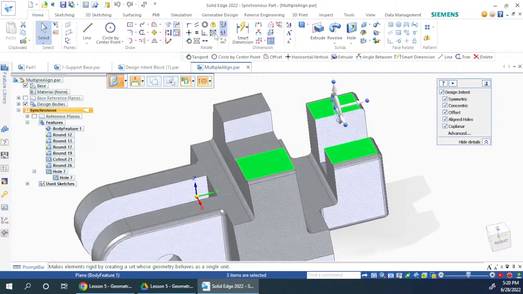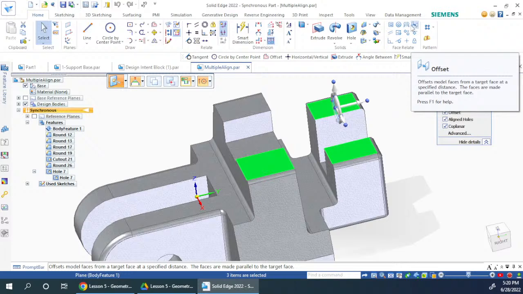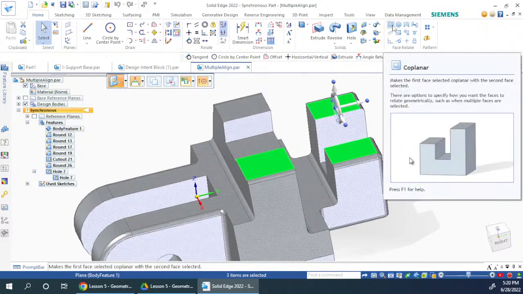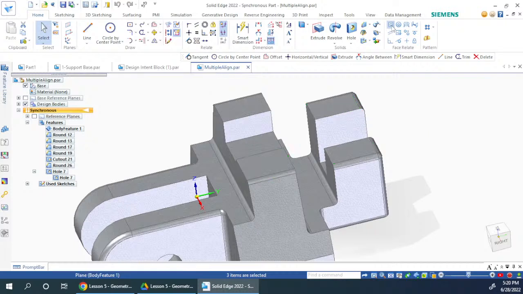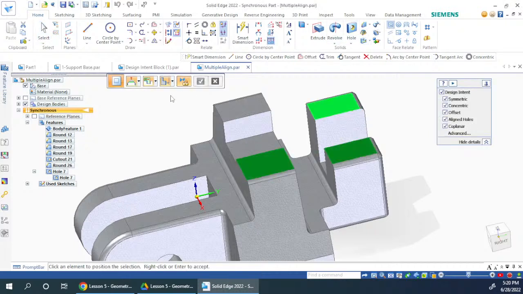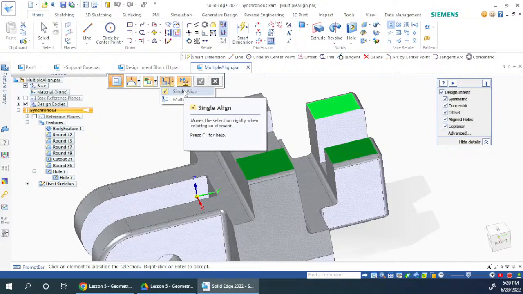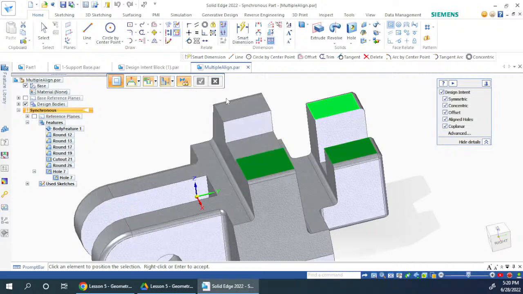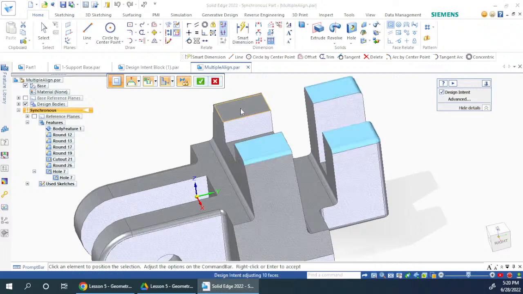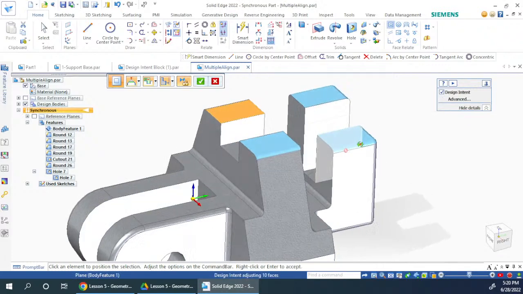So there was some option called align faces or something, right? Yes, sir. So was it coplanar? Yes, sir. Yeah, coplanar. Fine. So when you select coplanar face relation, you will get this option called single align and multi align. Fine. So if you select single align, you just have to select one face, and all the faces that you have selected will